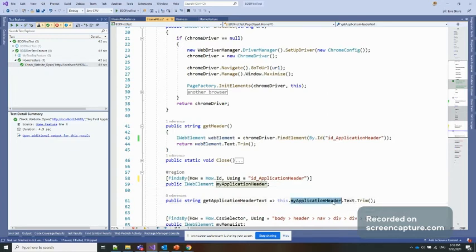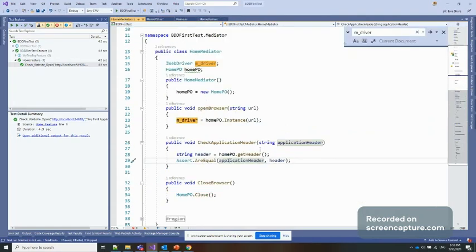After that you can see we are getting the IWebElement, and here I just use this IWebElement dot Text dot Trim. Now I'm just using this property directly, because we are not going to manipulate it, so that's why it's a get type. So what we need to do is go to our mediator, and in this mediator I just remove this line and put this one here.